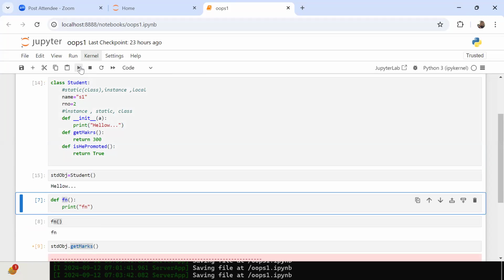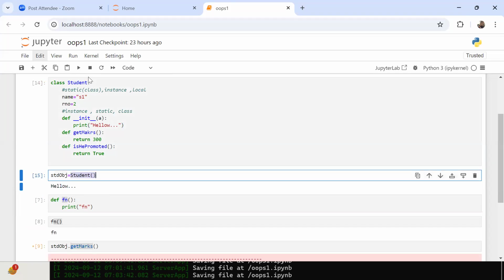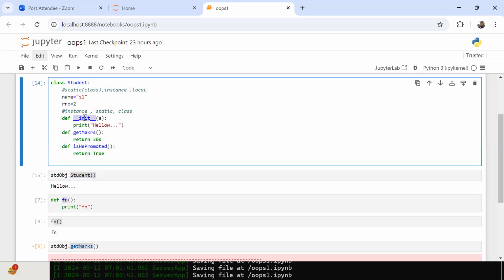Any error? Now again you have to tell me the point. One more point you can tell. Come on, you can. By seeing this one only you can analyze. Whenever you create an object for this particular class, inside the class there are multiple methods, but Python called one method. What is that method name? Python called one method. What is that method name? Come on. Underscore underscore init underscore underscore.